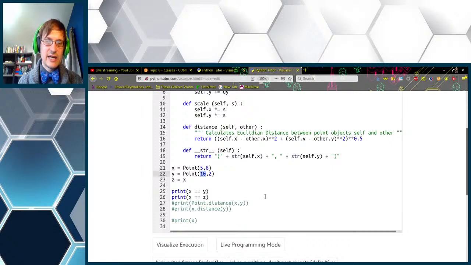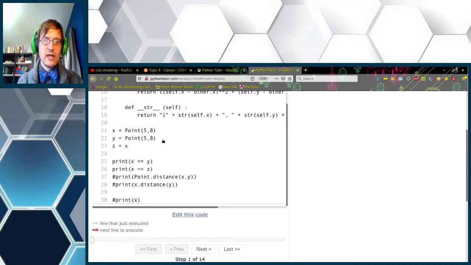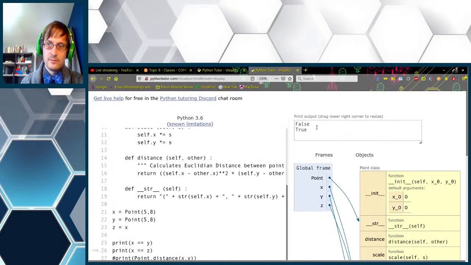Let's say that x and y had the same coordinates, right? We visualize the execution. Our intuitive mind would say something like, well, they're at the same coordinates, so they're the same point, so they should be equal to each other. However, you can see that Python does not think that they are equal to each other.